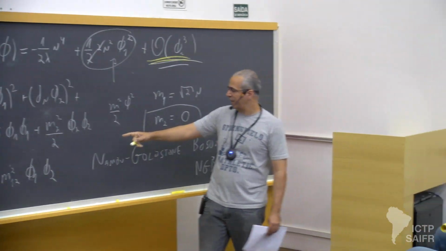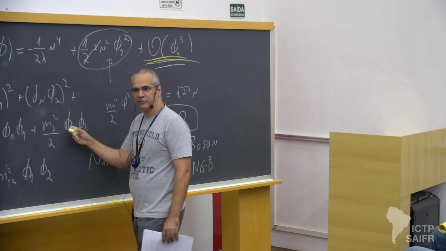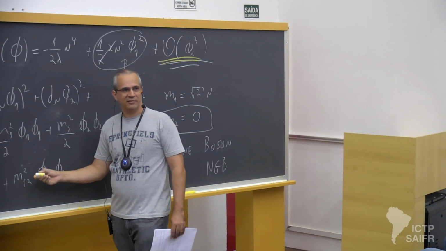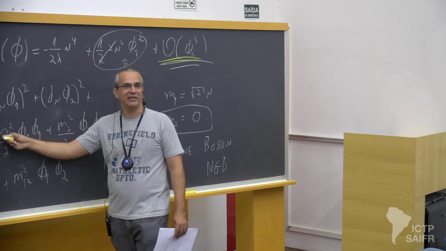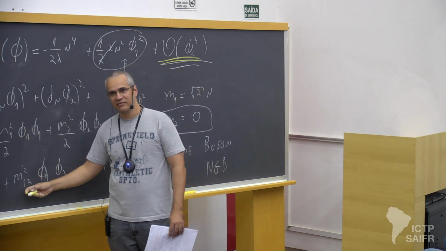A Lagrangian like that, you say, well, this guy has mass M1, this guy has mass M2, but what about this? Right? In fact, nobody has mass M1, nor has mass M2, because you have to